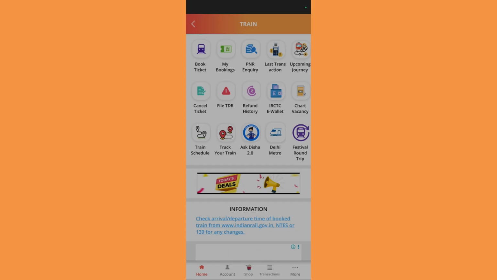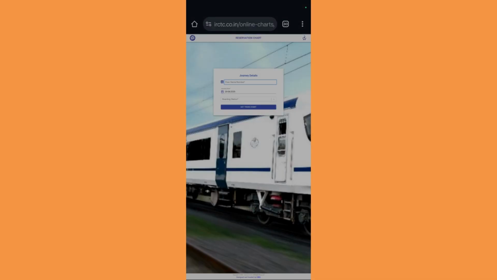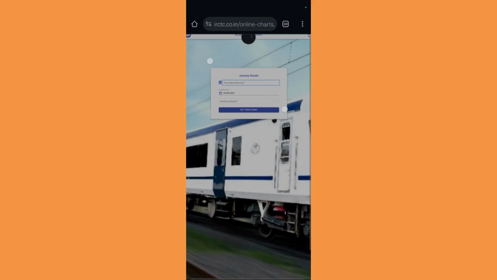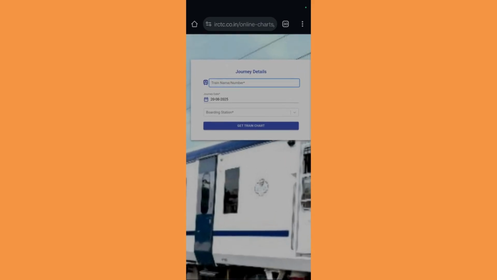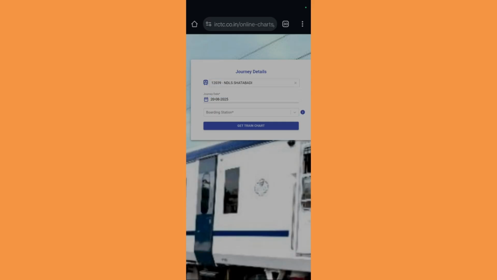Now in this menu, you need to click onto this chart vacancy button right here, and once you do this, it will open your web browser, and in your browser it will open the irctc.co.in, which is the official IRCTC website. Now from here you will need to type in the train number, so simply copy or paste the train number, and once you enter the train number, you can see the name appear right here, and then